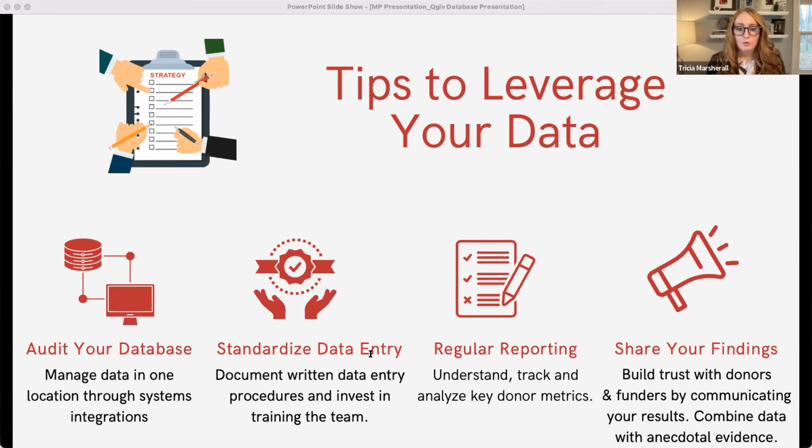What I mean by that: we work with dozens of nonprofits and often find, as I've stated, donor data information is stored in many different locations. That's your spreadsheets, your event databases, your email software solutions, whether you're using Constant Contact or another solution, in addition to your peer-to-peer fundraising solutions, your email communications, and of course, in the heads of your fundraising officers. So it is extremely important to audit your system so that we can understand and map it out, so that we can manage your data in one key area and be able to trust the information that's coming back out,